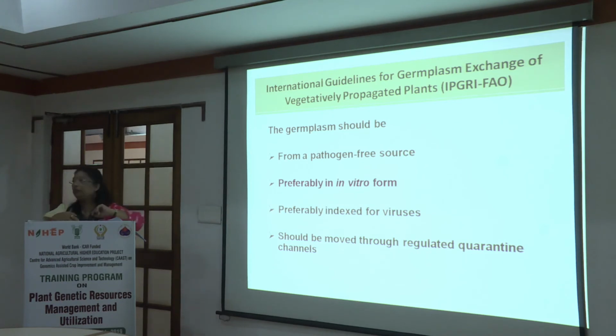But for vegetatively propagated crops, this is a typical recommendation that we use tissue culture for their transfer, because suppose we are to exchange things like tubers or even rhizomes or suckers, they all come with a lot of mud adhering to them, and they become a source of contamination, and then quarantine becomes difficult. So therefore it is now a routine practice to exchange these materials in the form of tissue culture. Okay. If they are exchanged in their vegetative form, then there are certain quarantine principles involved, which you will be told in the quarantine lecture.